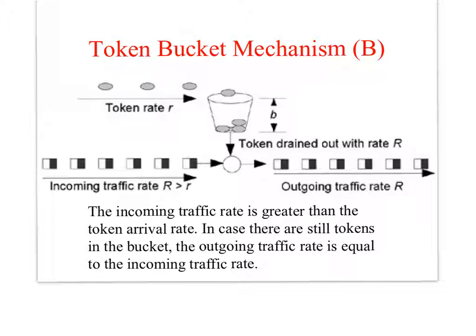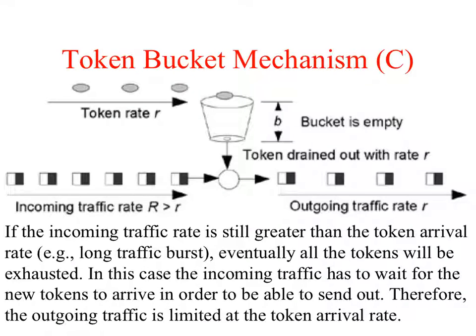Doctor, in this case, we are not policing this traffic because we are allowing whatever the... No, you are policing indirectly, because that's what will appear in this case B, right, where we have more rate than the limit, but we have tokens. But here, in this case, you have R, which is greater than small r, but you don't have tokens. In that case, you'll have to wait. The traffic has to wait. So we are policing, but it's sort of loose policing,